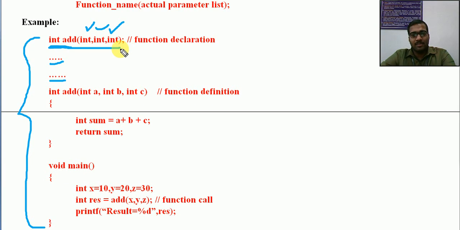This is very, very important. A single statement must be ended with a semicolon. This is only like int a semicolon. What we are doing? Int is a type of add, and that means that is the return type it is expecting, with some type of parameters, then stop that with a semicolon. This is the function declaration that is done as the first statement.